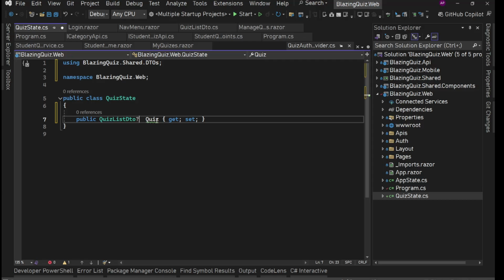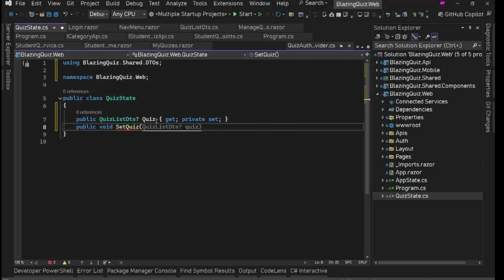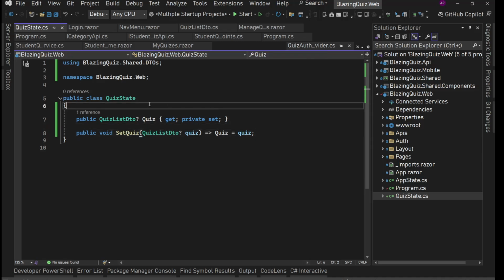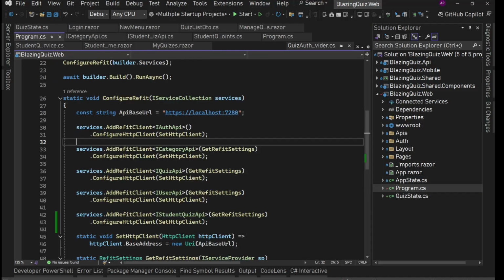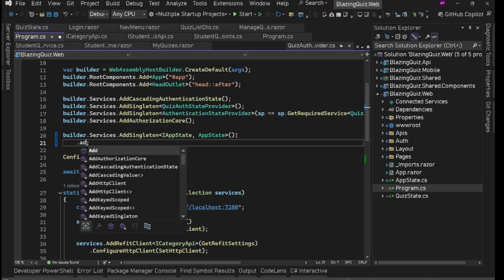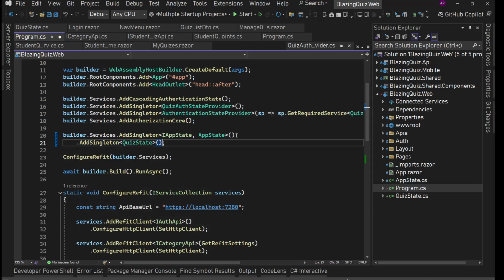This should be nullable because the default value will be null, and I want it to make private set, and I want to have a method here public void set quiz list dto quiz, and here we'll set this quiz to this quiz. So this quiz state, we'll simply register this as singleton in our API, sorry, not API, in this web project. So here we'll say add singleton and we'll just register this quiz state, save it,